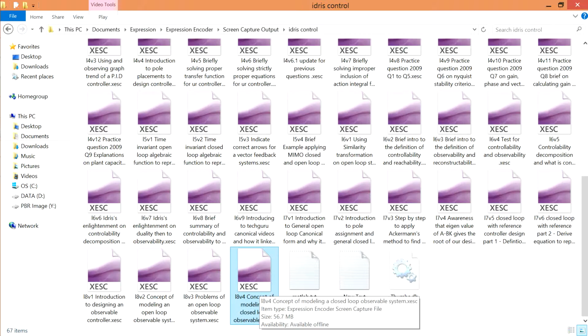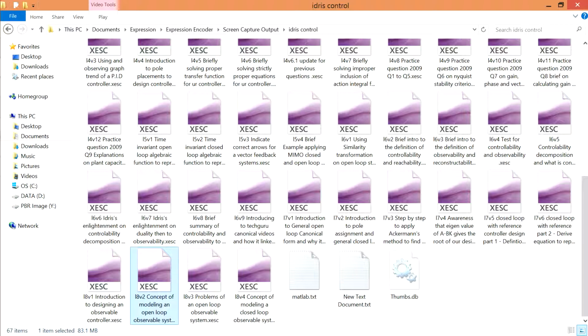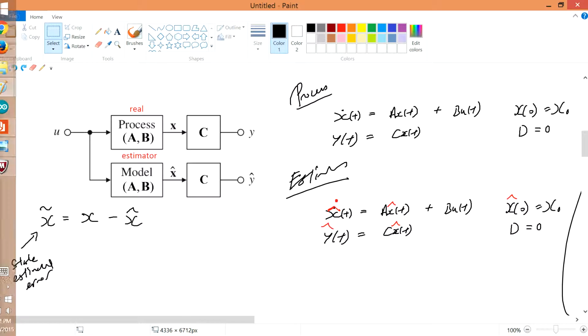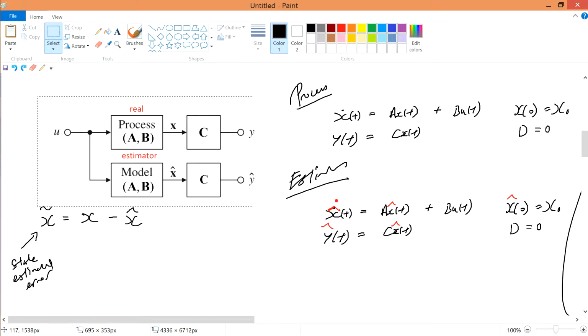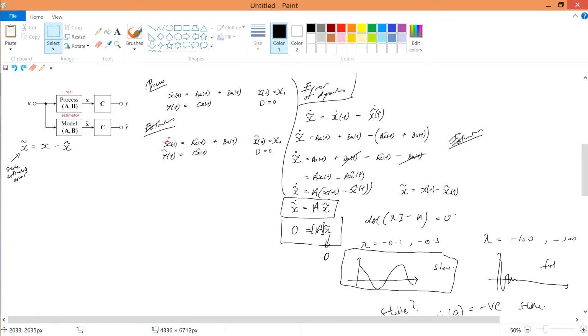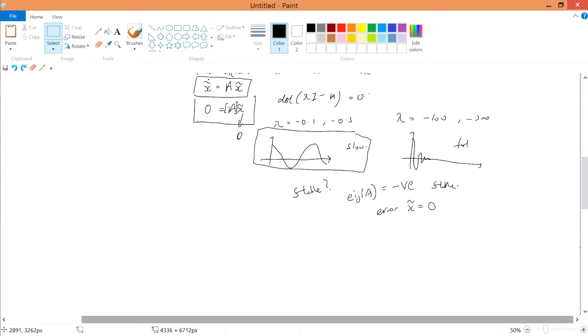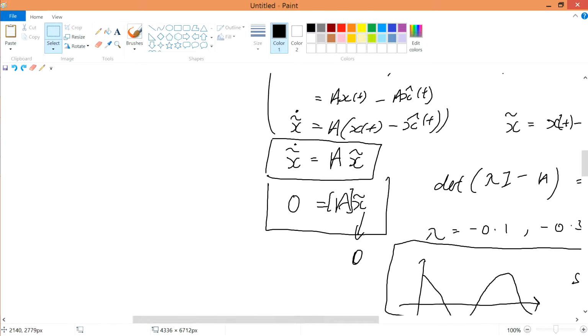This video is with reference to l8v2 and l8v4. l8v2 is for open loop, l8v4 is for closed loop. So in this video we're going to compare both of them and show you the differences between their modeling systems. For the open loop system, we have shown you in l8v2 that the error,